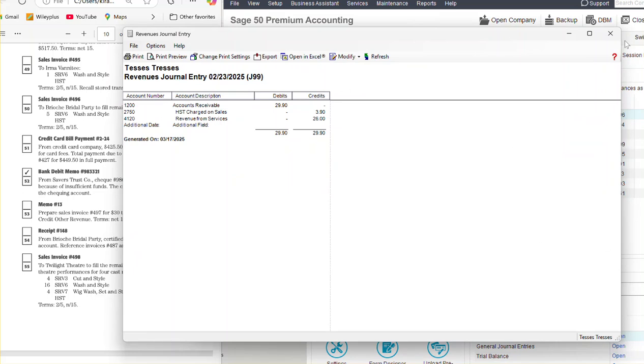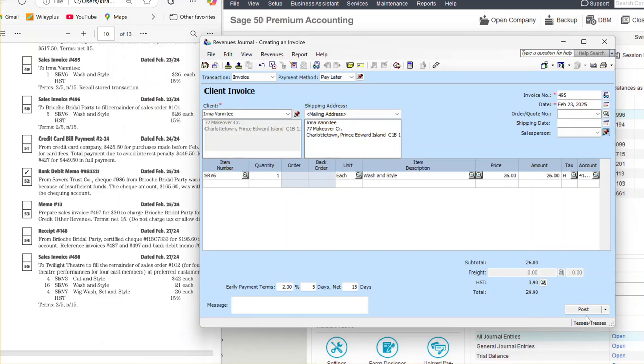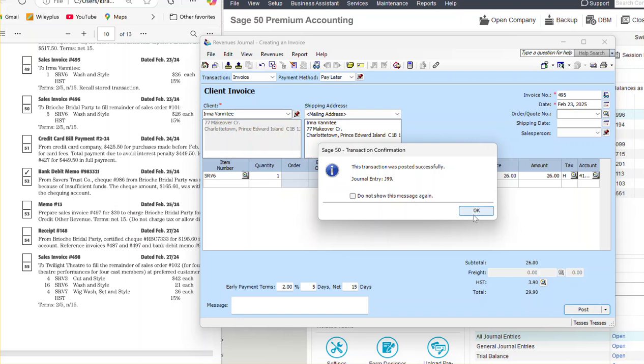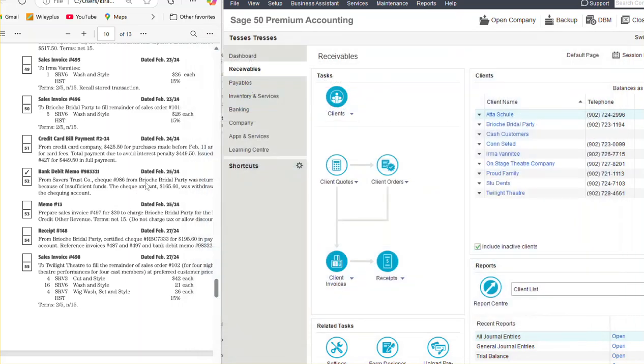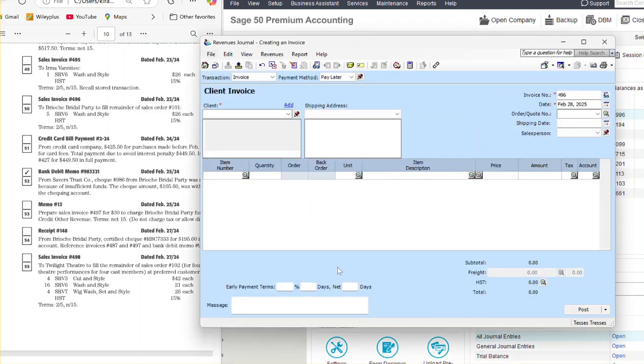So I am going to post this transaction. Once you post it, your transaction should look like that. So I am going to post this transaction. We're good to go. And my next one is credit card bill payment. So before we do that, I did not do this one. The invoice again, and it